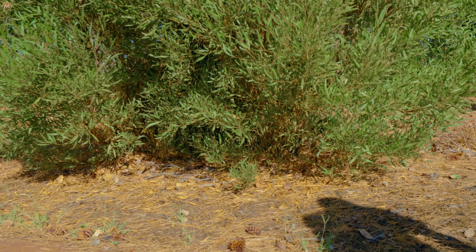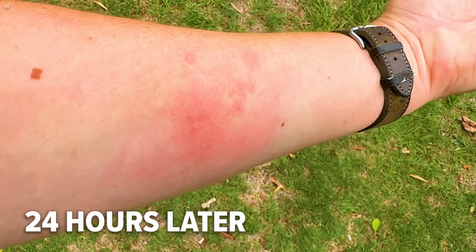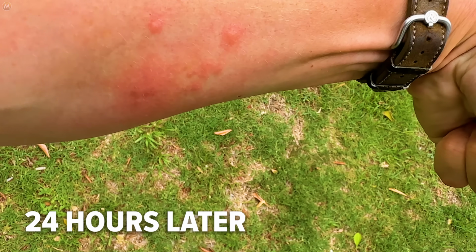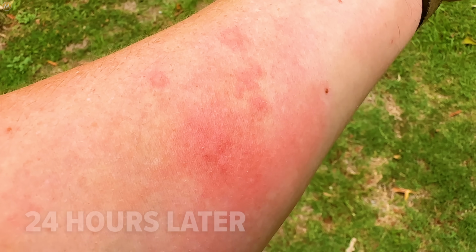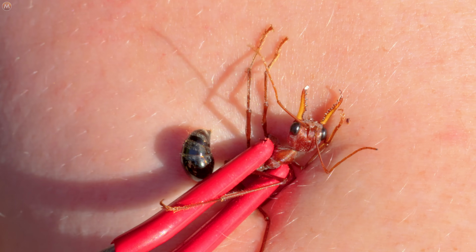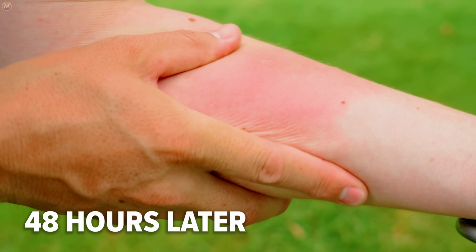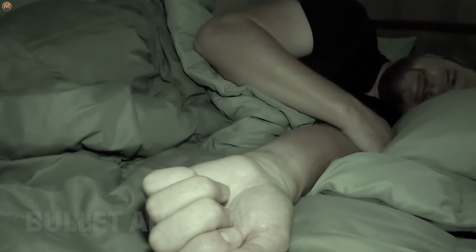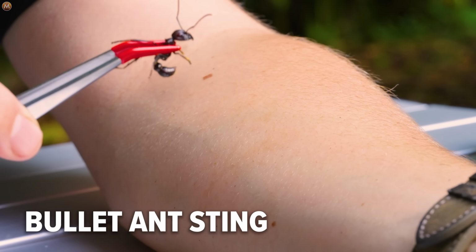Sure enough, things got a lot worse. Just hours later, the redness and inflammation flared up and were joined by an intense itching that lasted for several days. Compared to other stings I've taken, this one was a sleeper that turned into a monster. Bulldog ant stings are known for their instant pain, so I was shocked when I was hit with these delayed reactions. While I did not experience the 24 hours of deep bone break pain that the bullet ant gave me,